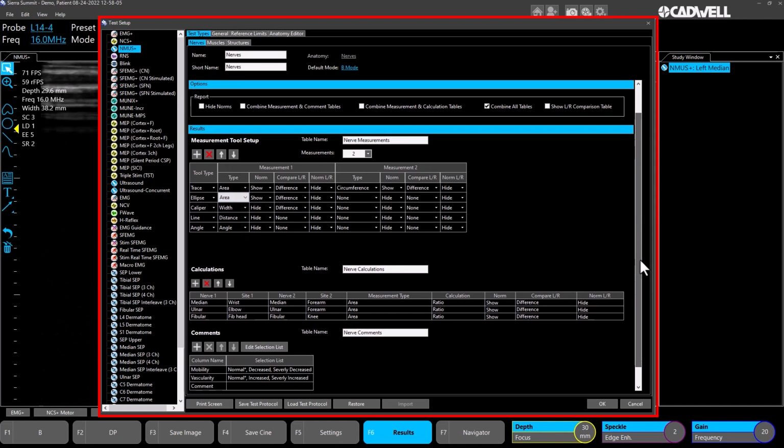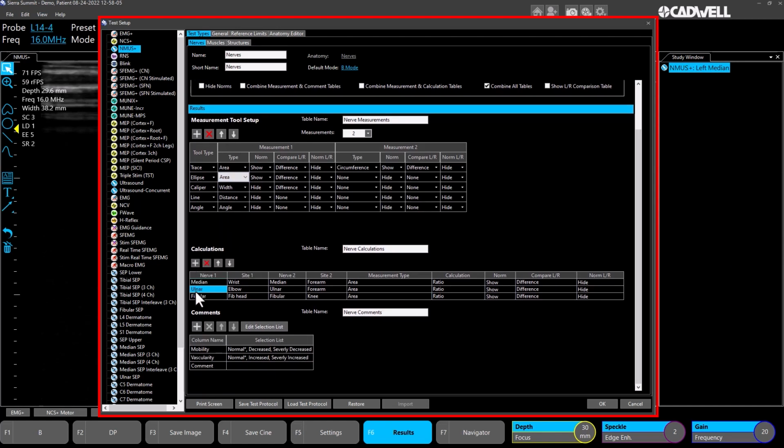The calculations section is how you measure different calculations or create different calculations between images. So you have the ability to create calculations between different nerves or muscles or structures or different sites within one of those anatomies. So in this case you can see we have a median nerve selected as nerve 1. The site that we're going to use for the first calculation is the wrist, and then we have the median again is nerve 2, and the second site is the forearm. Then we select what measurement type we want to calculate. In this case we were going to make a calculation on the area,